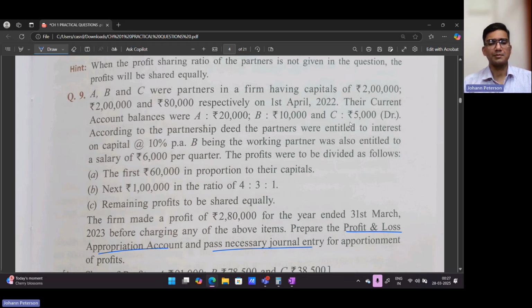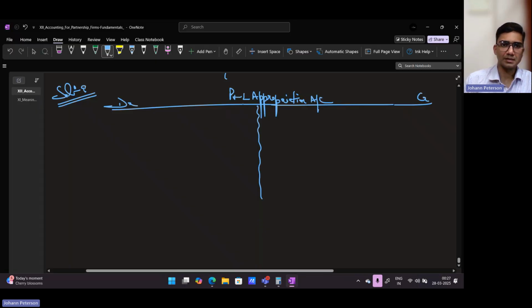If we want, we can prepare the partners' capital account. Otherwise, if we can manage it here, we'll do it here. So let's see, if required, we'll make it. Right now, we are told these are capital balances. Then we start with the profit given to us, before charging any of these above items. So this will come on the credit side in this account. So I'll write by net profit